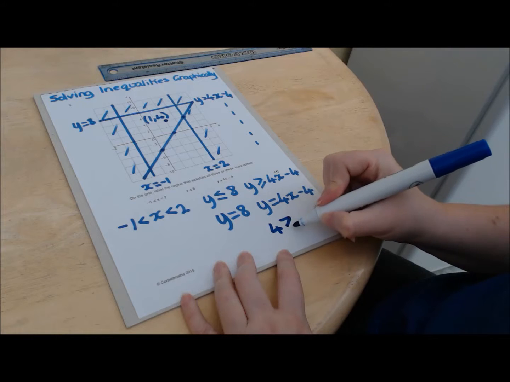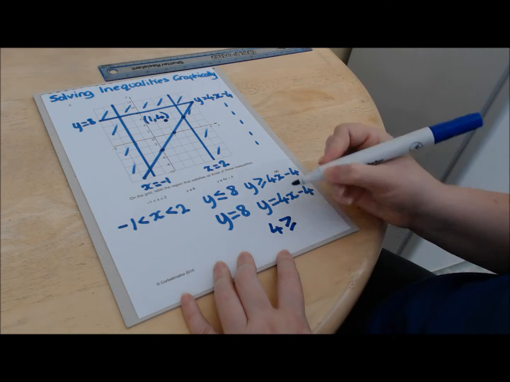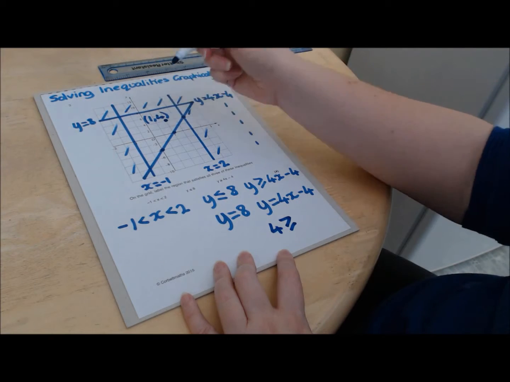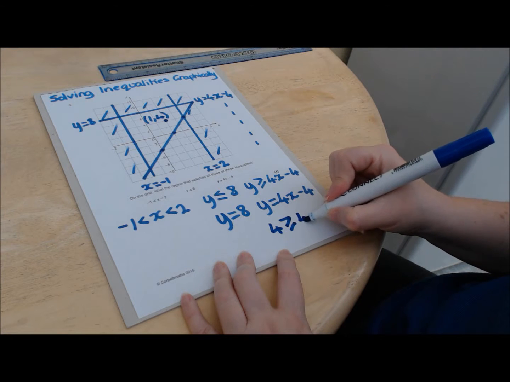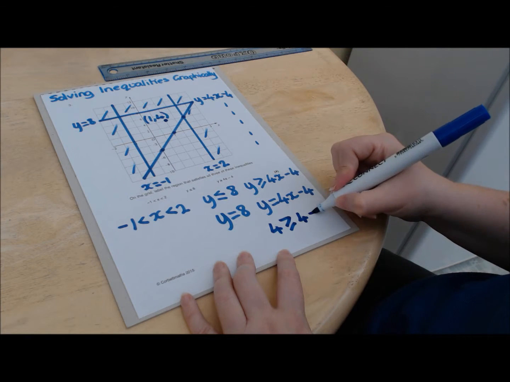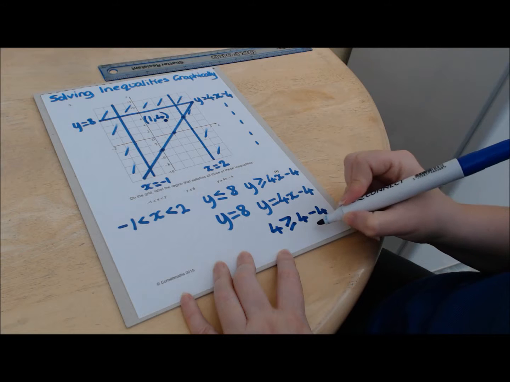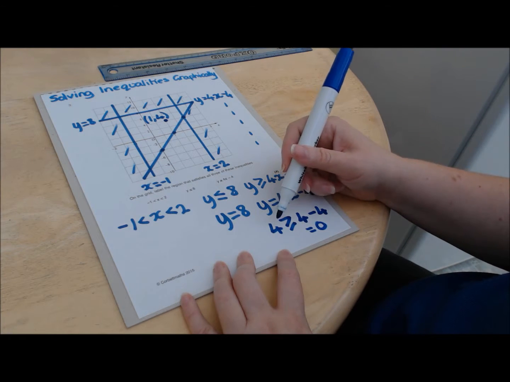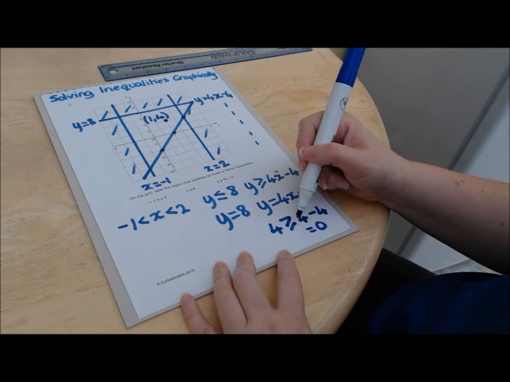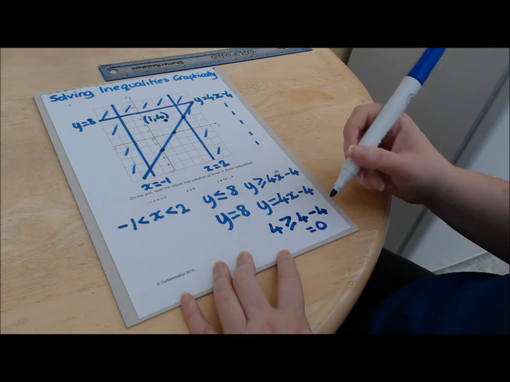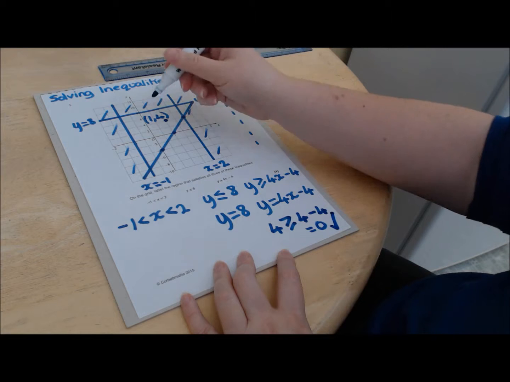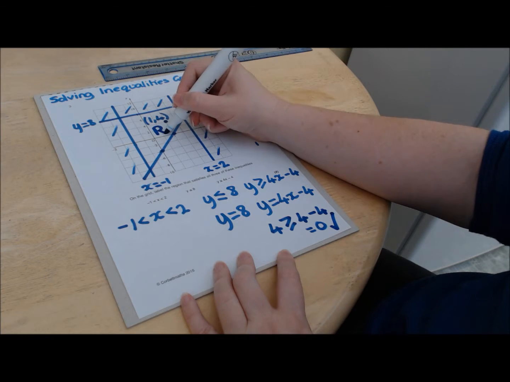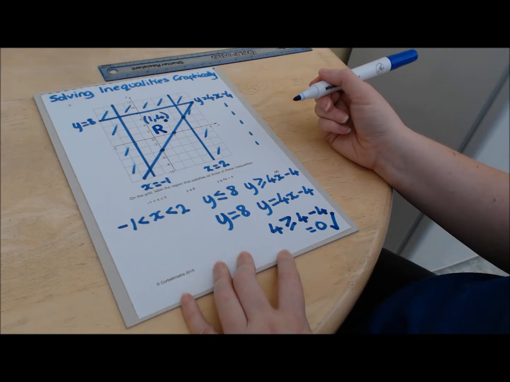And that's supposed to be greater than or equal to 4 times x, which is 4, minus 4. And that is 0, of course. So is 4 greater than or equal to 0? Yes, it is. So this is actually the region that we're interested in, and they commonly ask you to label